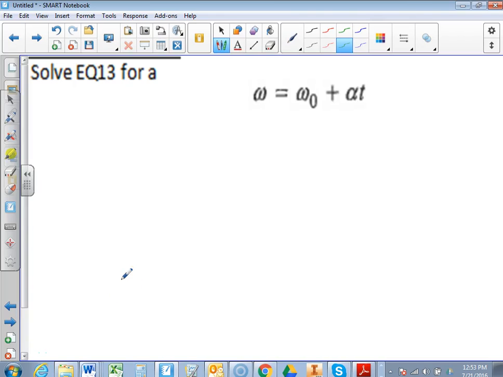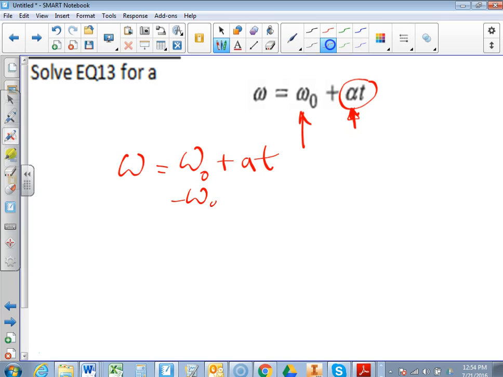Okay, for this one, we are after A, this guy right here, and our goal takes 2 steps, because before I can get A by itself, I have to get this whole thing by itself. In other words, this has to go. So since they're adding, we're going to subtract. So I have omega equals omega sub 0 plus AT, and I'm going to subtract the omega 0 from both